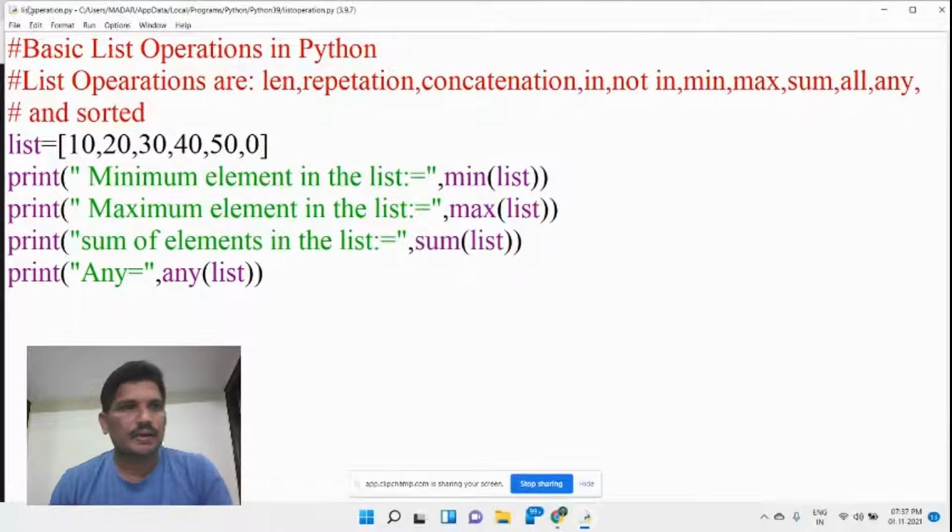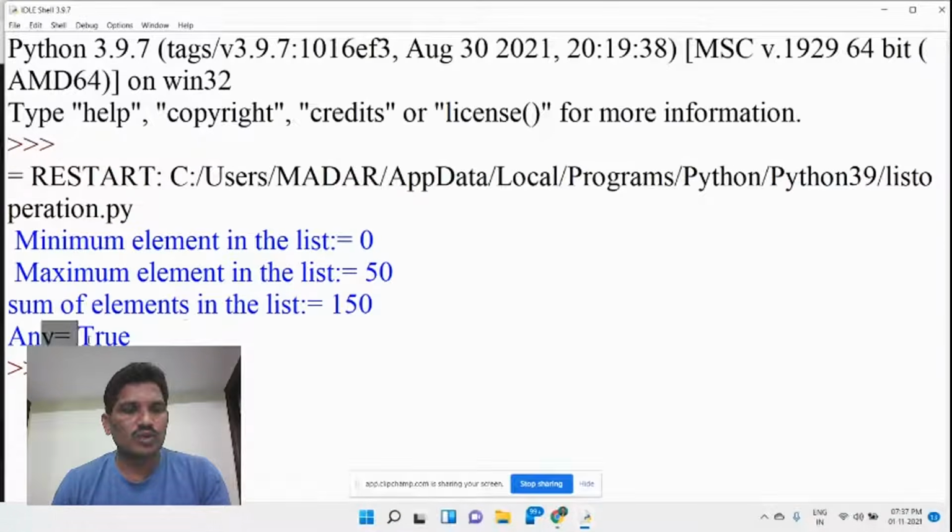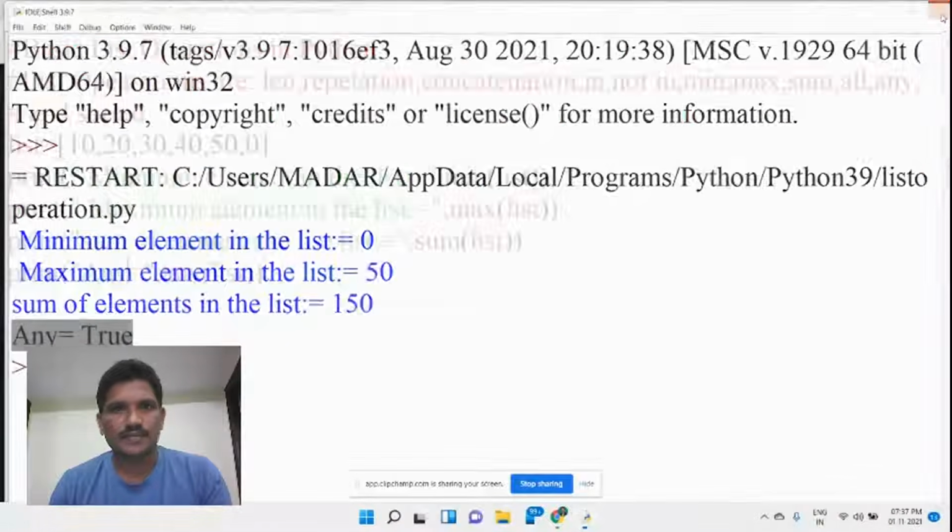See here, run: any equals true, because any one of the values is true. In the previous function I used all, where all elements should be true, and because I gave 0 in the list, it returned false. But here any means any one of the values is true, then it returns true, otherwise false, isn't it? Okay, this is the importance of the any function.